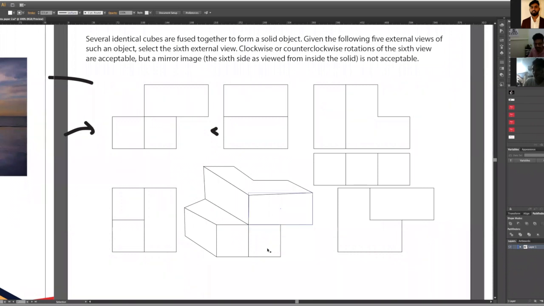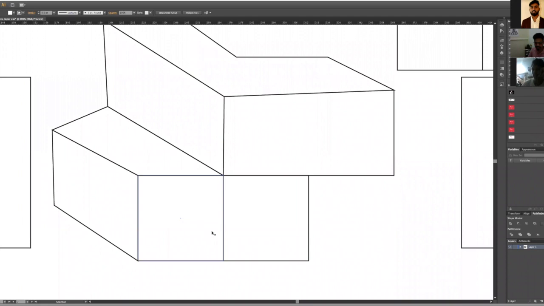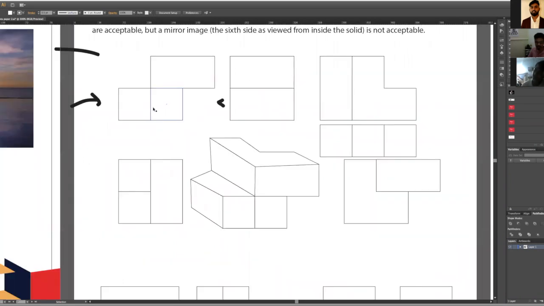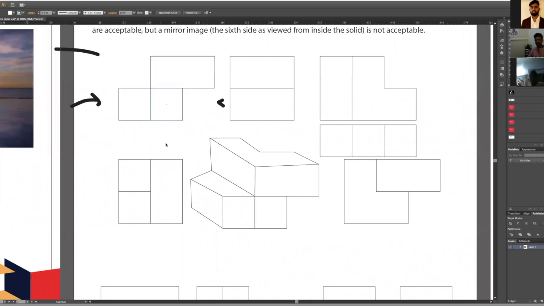But this line is not at all clear, because if it is in the same plane, I won't be able to see the line. That is the rule. If it is in the same plane, there should not be a line. Now, what is the matter with this? Something is extruded towards you, or maybe something is inverted inside. Those could be the two reasons. Either it is coming out towards you, or it is going inside.